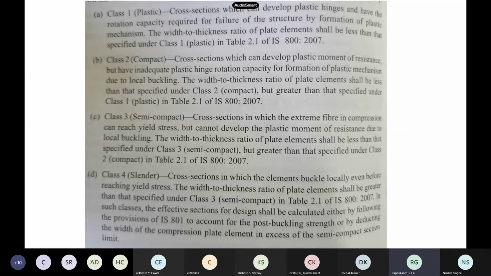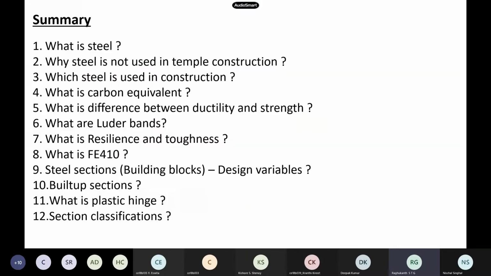They are available in IS 800. As I already told you, whatever tables and things I am showing you are all available in the code itself. If you go to the code book, you will get all the details. Finally we have made a checklist. After every unit, we will have this type of checklist. If you are able to answer all these questions, that means you are doing well. I asked last class and some of you replied, but you can ask these questions to yourself. If you are satisfied, that means it is fine.